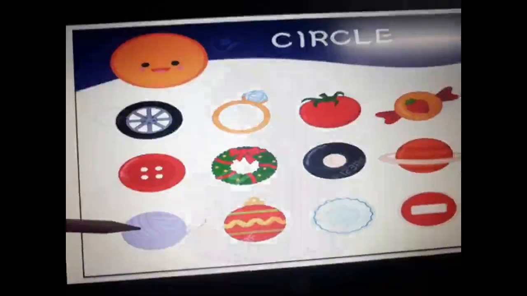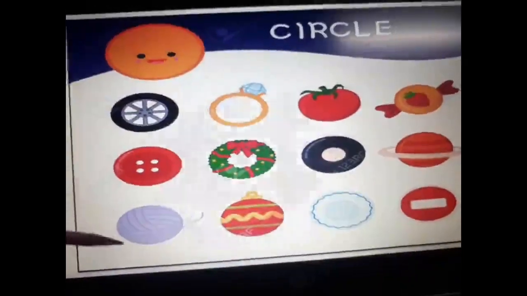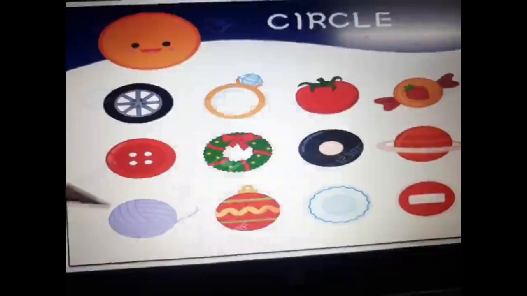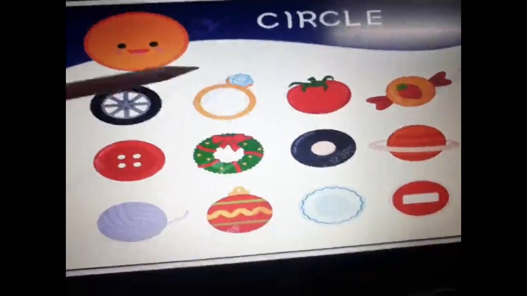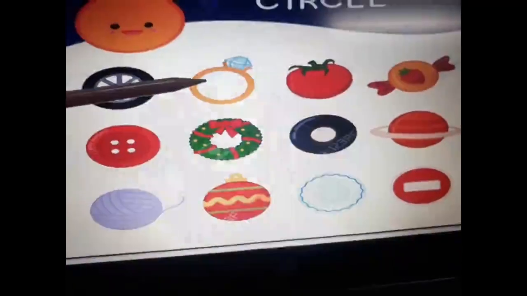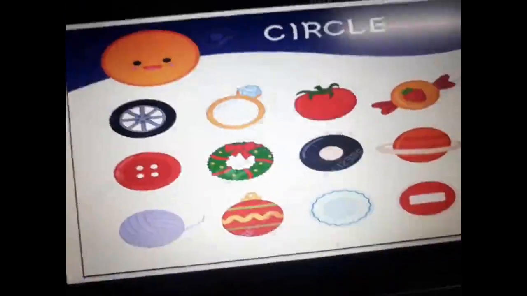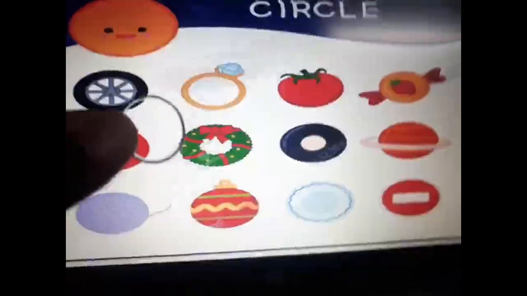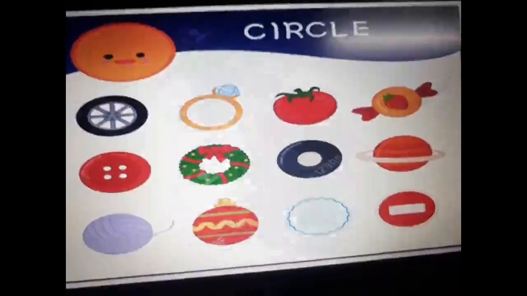Then what is this? Wool. Yes, it's a wool. Now whenever you go to market and purchase this wool, you will find them in balls like this. Then we have a ring. You all wear a ring. Sorry, your parents wear a ring. Mama, Papa, isn't it? So a ring is circle in shape. Can you see this ring also? Yes, it's a circle shape.